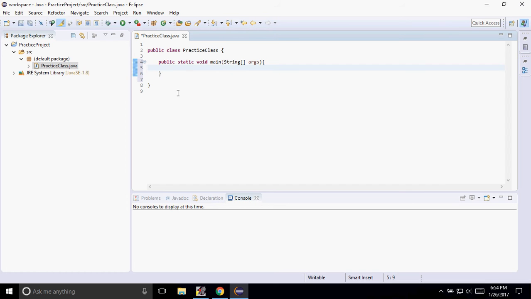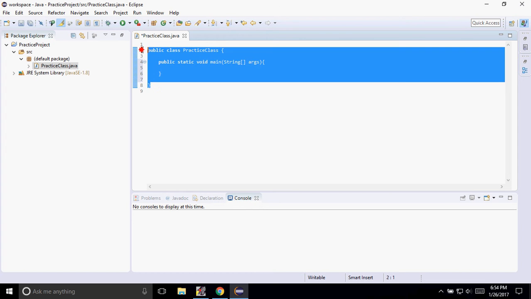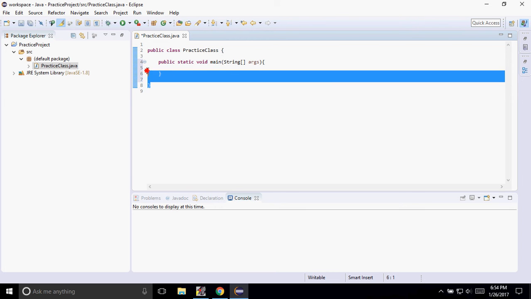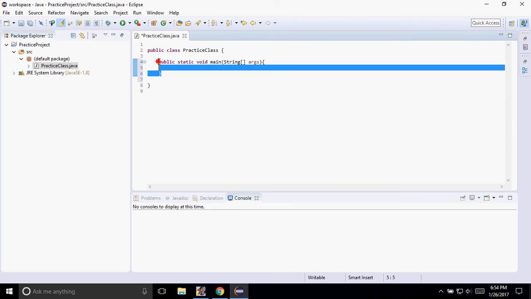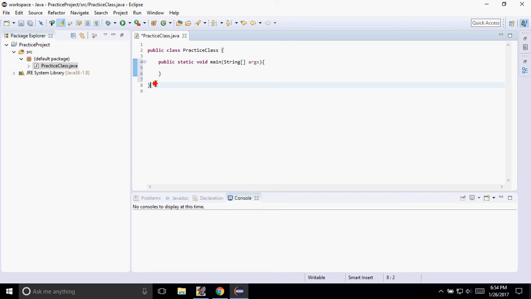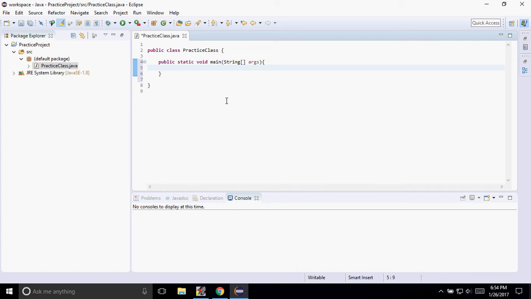All right, so inside of our main method, now think of these as boxes. I think that's an easier way of seeing things. Think of this class as a box, and inside of this box, inside of this class, you're going to see a method, which is another box. So we're seeing two boxes in here. There's the big box, and then there's the little box inside. All right, so inside of this main method, that means inside of here, we're going to type in